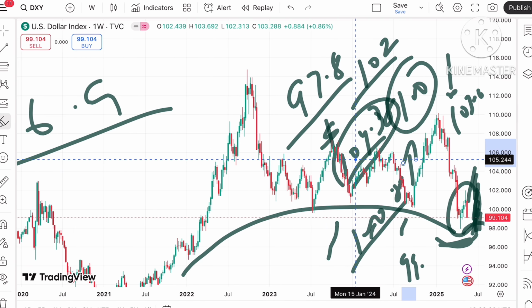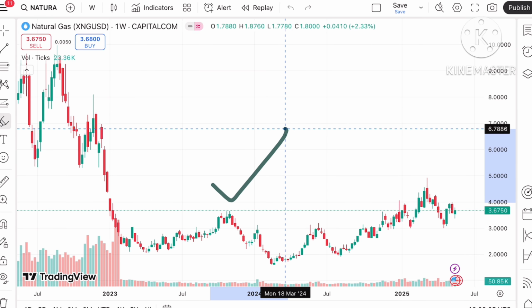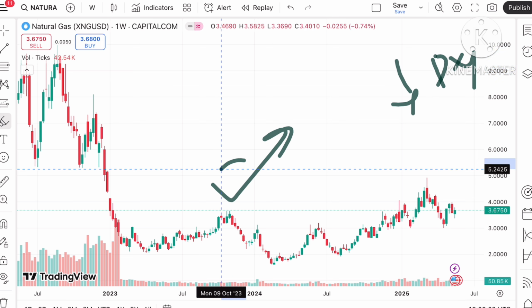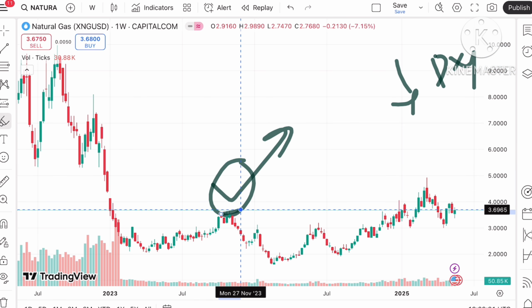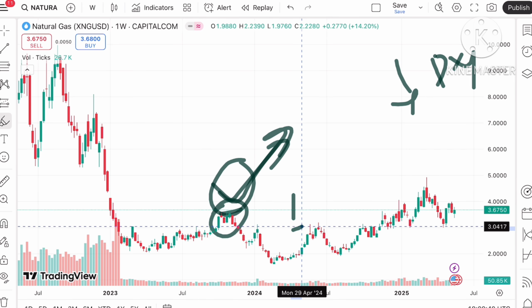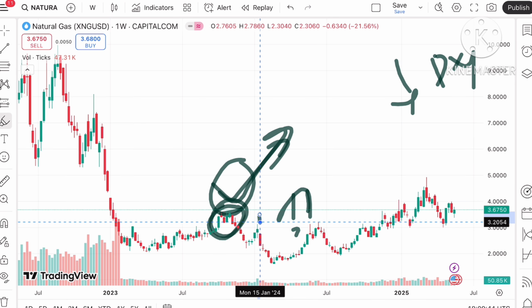Okay, see, as I've already explained, there is a chance that it can move further down, and what we have seen in the natural gas price is at a strong level, so a bounce back can come, as well as the dollar index is going down, so this trend is supporting a bounce back. But see, the market is uncertain, so you have to understand that if it started going below this level, we can see a further fall. But if it started coming back again after going below this level, then there is a chance that it can go further upside.